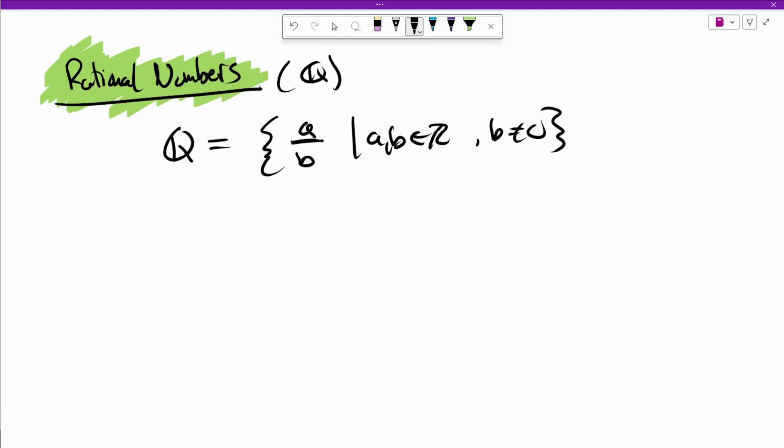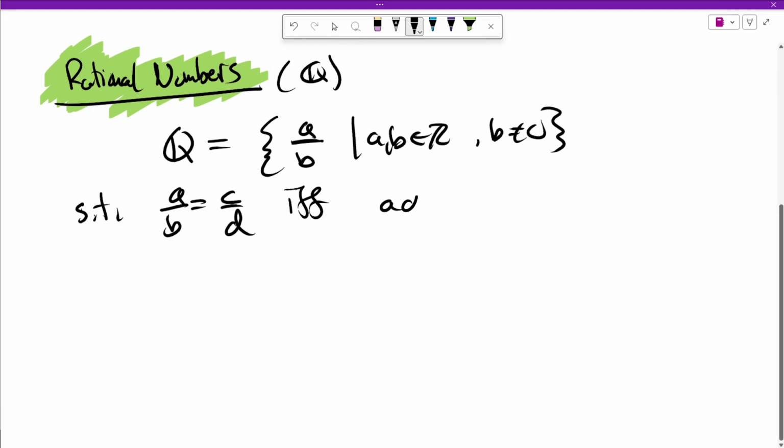So what we actually do is we identify fractions if, well, when you cross multiply, you get the same thing. So technically it's this set, but we sort of mod out by an equivalence relation. Don't worry about what that means, but we have to do some identification process, because otherwise,